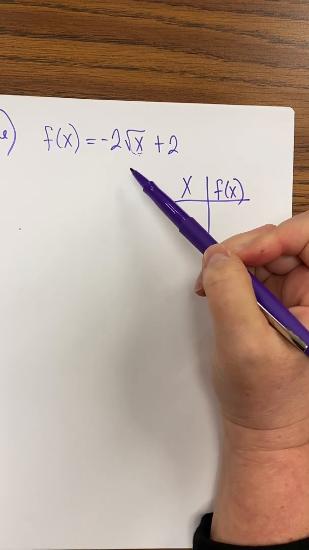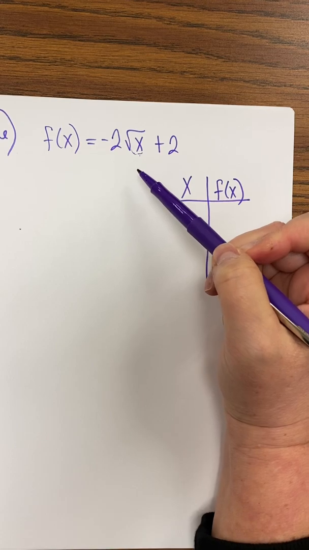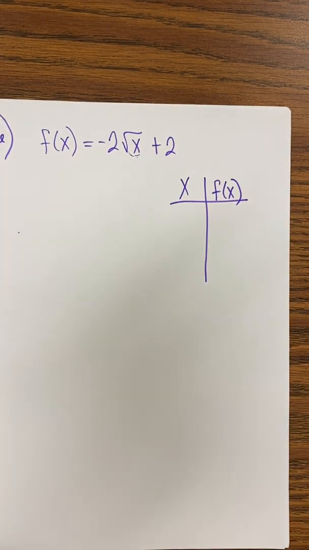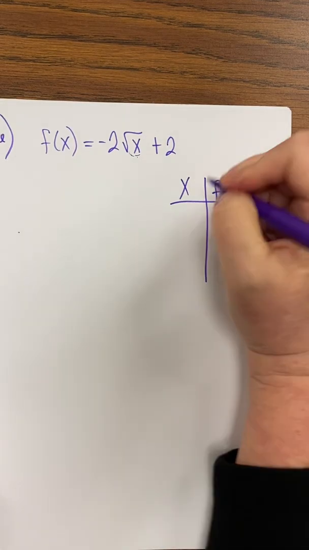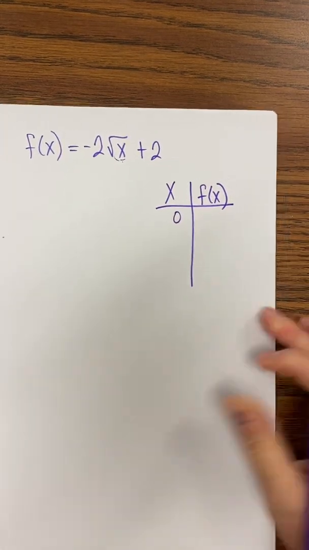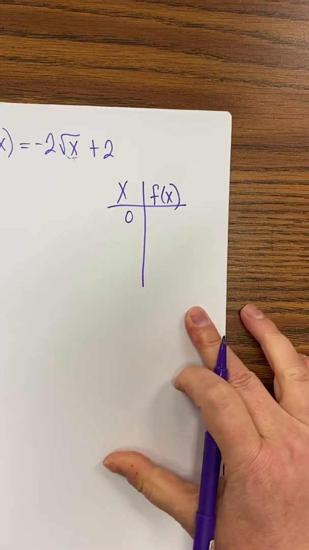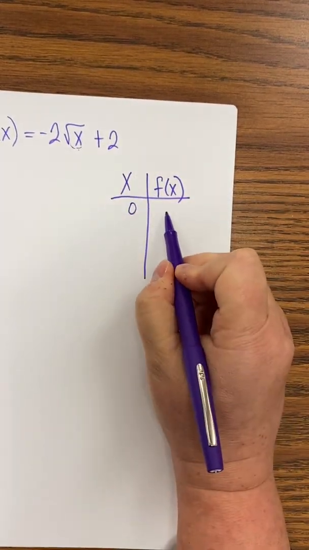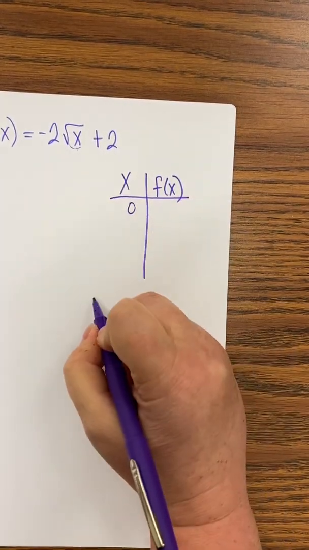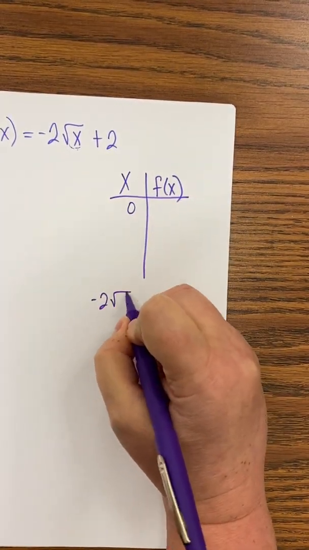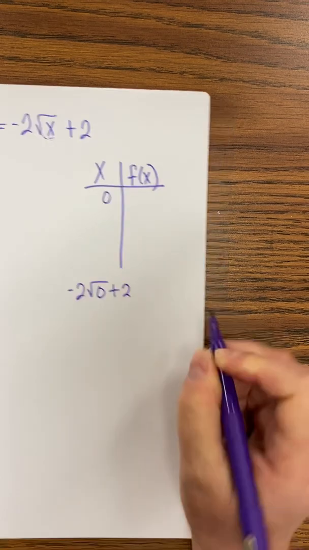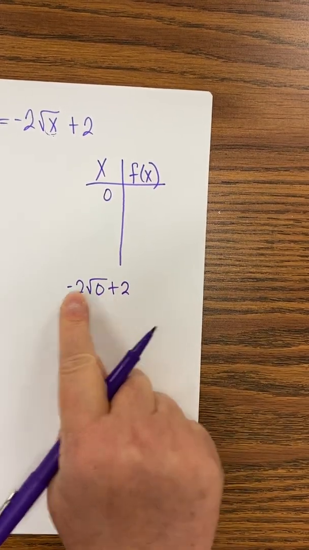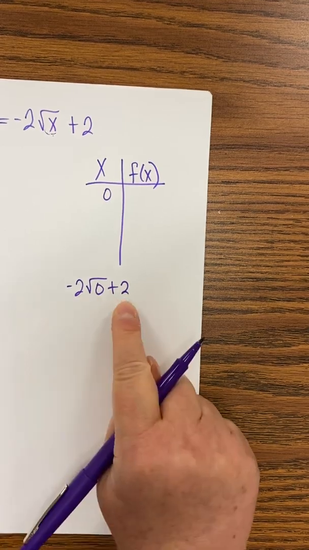So you don't start with -1. And remember, I told you to always start with 0. Start with a number that gets you close to 0. So that's what I'm going to start with for my x. So I'm going to put my first x is 0. So now I need to work that out though. That doesn't mean that answer is 0. I have to put that in to that function, and then you work it out. Well, the square root of 0 is 0, and then 0 times -2 is 0, so this one's going to